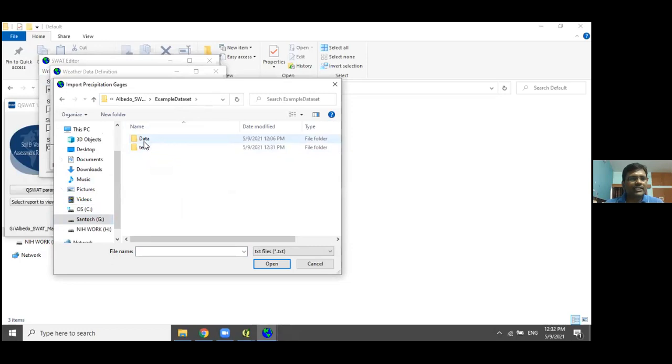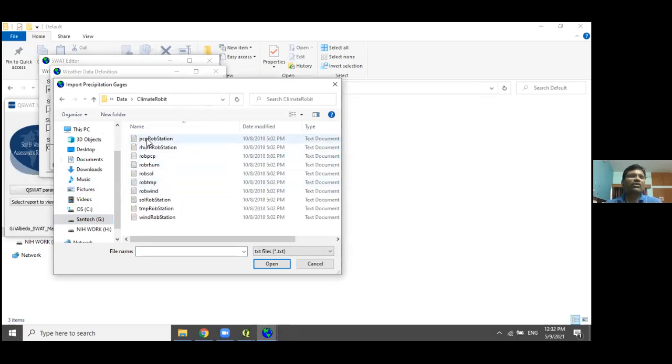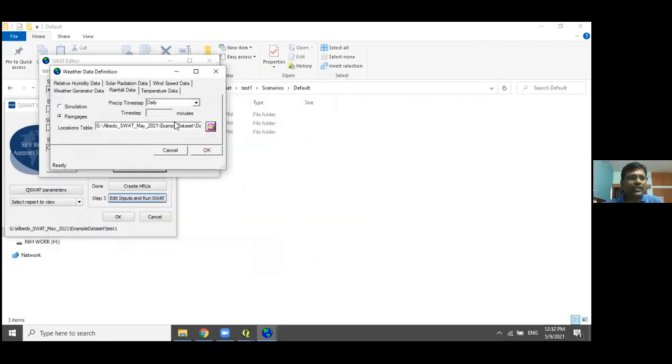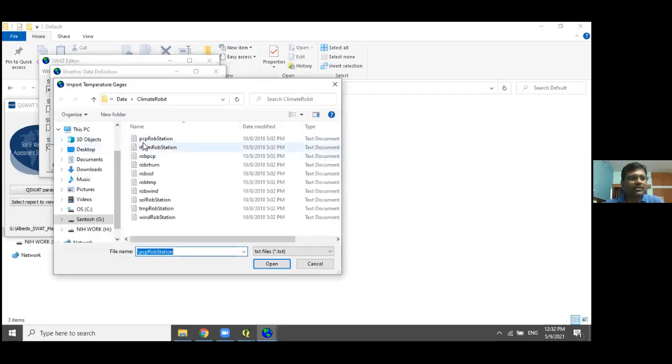So this is the example data, climate, and here these are the detailed precipitation data, but we have to give the PCP station information, where everything is stored and this file is linked. So just click on OK, then give the temperature data. I'm running a little fast now so that we'll complete within time. Then the next one is the temperature. So if you see the temperature, this is the file.